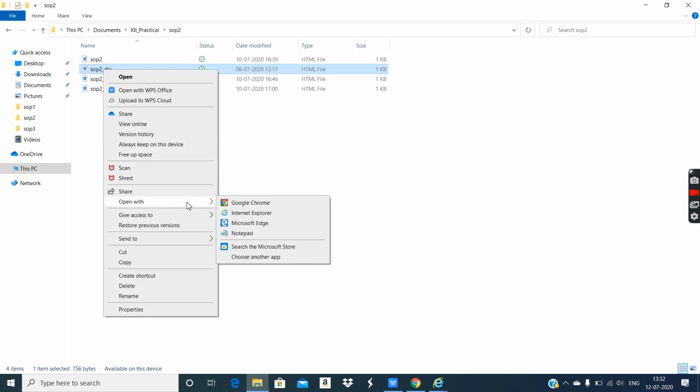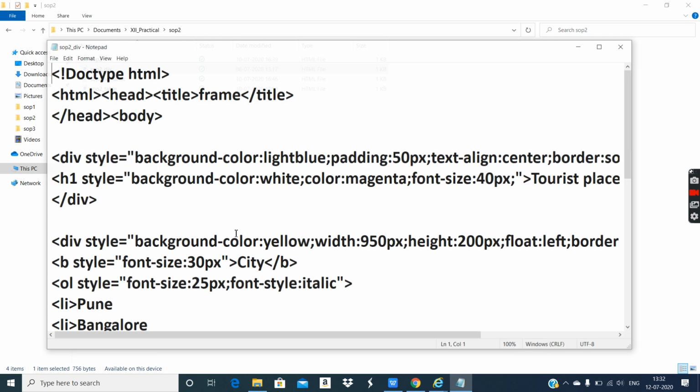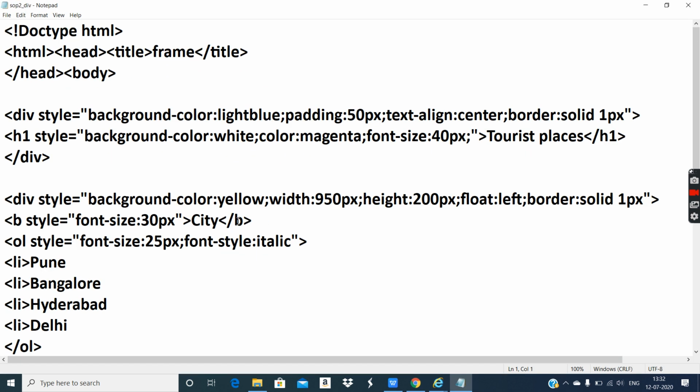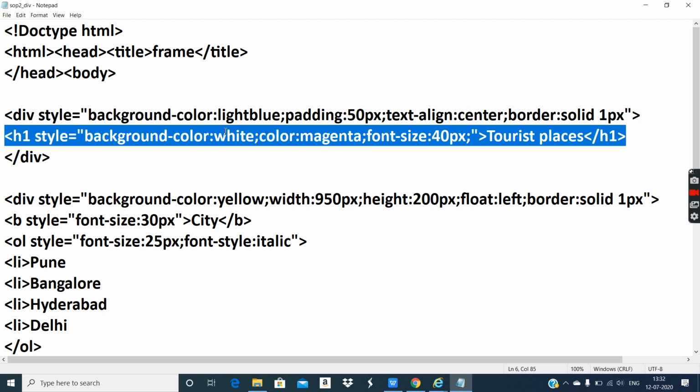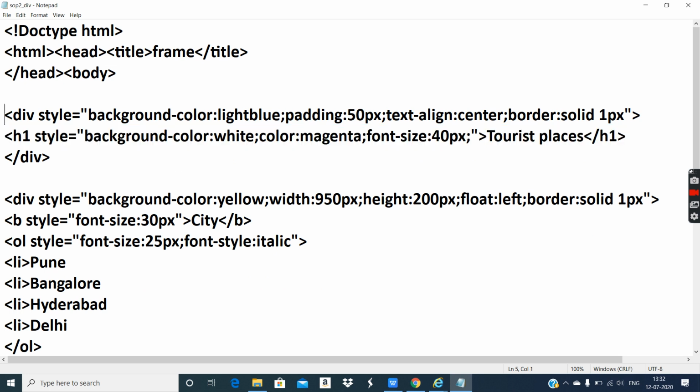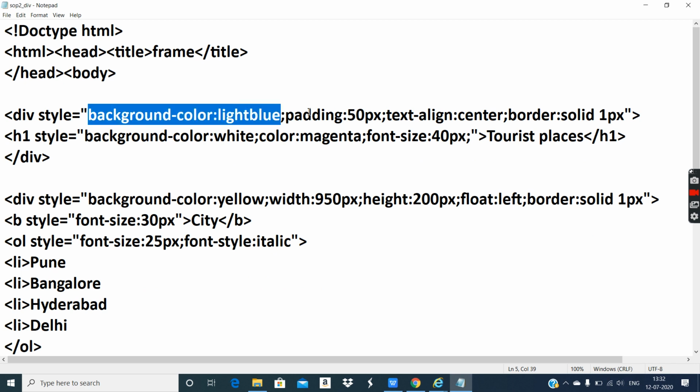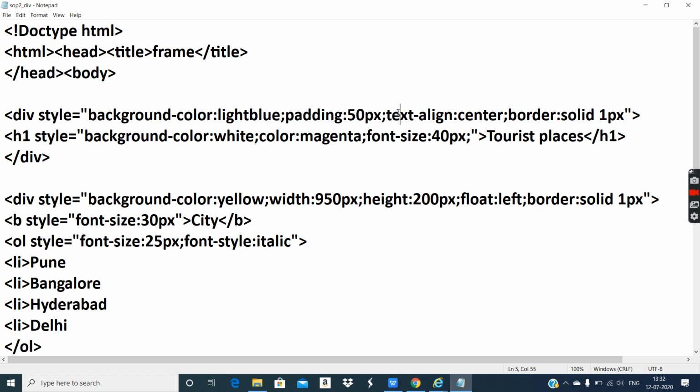I'll open this file, division tag. Yes, pay attention to this. For this heading tag, I can apply a separate background color if I provide this entire thing in a different division. So for the entire division I can provide a common background color. I can give padding, text alignment, border.